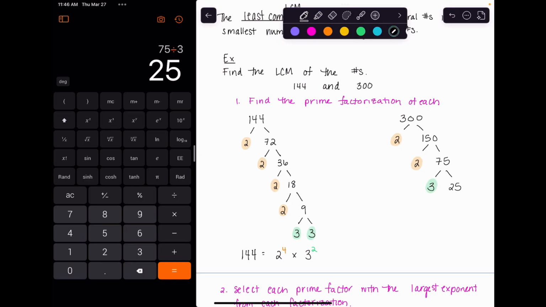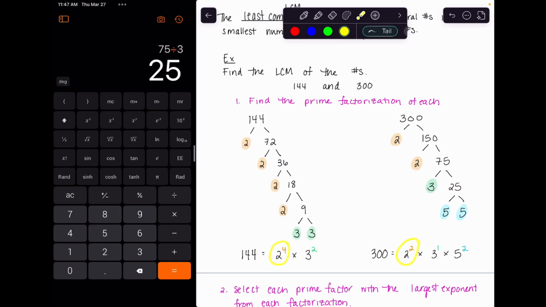And then 25, unfortunately, has to be written as 5 times 5, so we get some new prime numbers in here. So 300 can be written as 2s, 3s, and 5s. We've got 2 2s, we've got a single 3, and then we've got 2 5s. Okay. So if I'm looking for a number that's divisible by 144 and also by 300, it's going to have